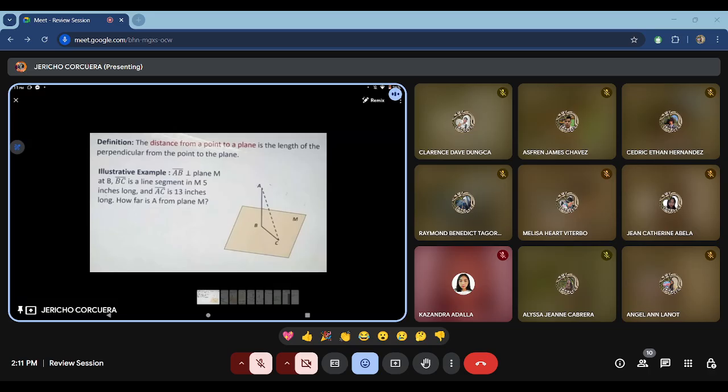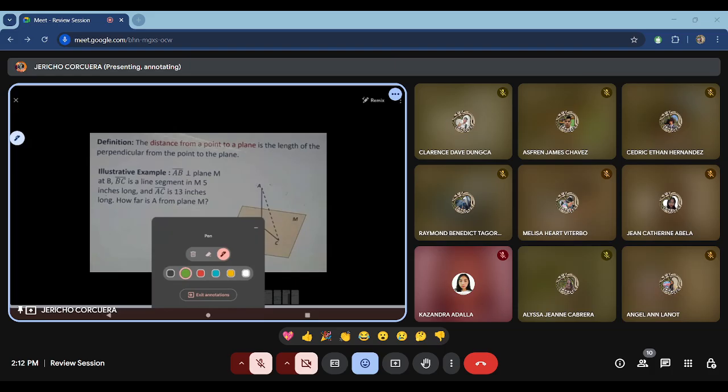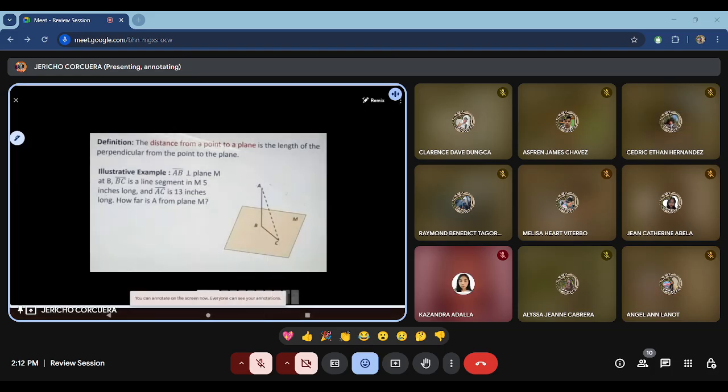If I'm not mistaken. So we have here the example that line AB is perpendicular to plane M at B. If line BC is a line segment in M 5 inches long and AC is 13 inches long, how far is A from plane M? So let me draw an example here again. So BC is 5